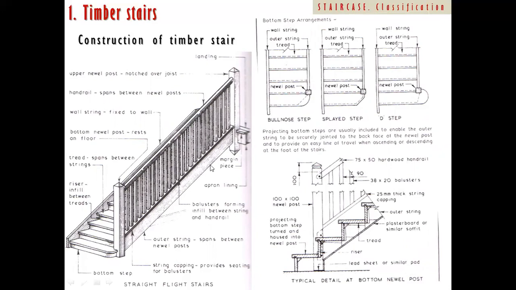Look at this. This is called a stringer, this is called a newel post, this is called a bull nose step, okay. These are the treads, these are the risers, this is called a nosing. Below the nosing there will be a scotia. Look at this, these two, this tread and riser, they are actually fixed with this stringer, okay. And then this will be the newel post, this is called a handrail, this is called a balusters. That is what.